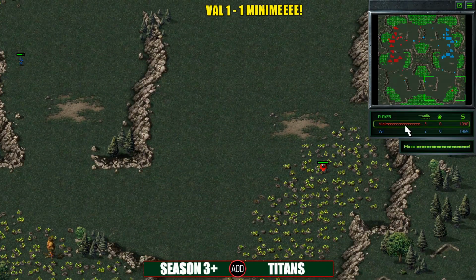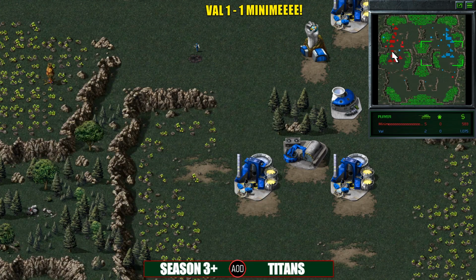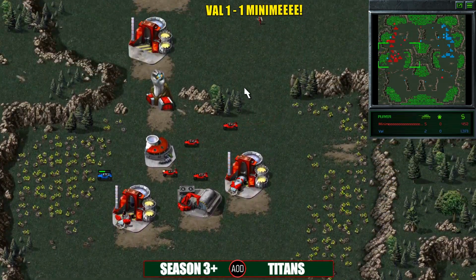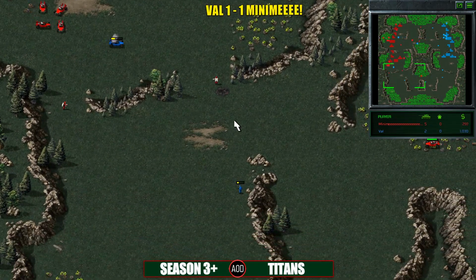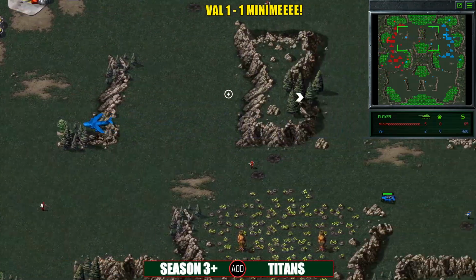So it looks like Minimeeee has gone in and probably scouted the base yet. So it looks like Val is going to be doing the same. Both players getting vision, want to know what's going on in there. Keep an eye on the enemy, know what they're doing, and this is important so they can react accordingly to